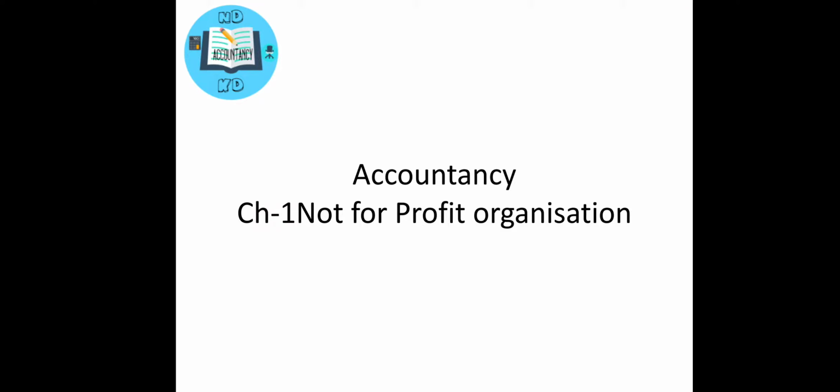Everyone, I guess you people are ready with the closing balance sheet, the opening balance sheet, and the income and expenditure account. I just want to recap that income and expenditure always includes all the revenue nature of income and expenses, while the balance sheet includes all the capital nature expenses and income. And if something outstanding or advance is there, then it will be transferred to the balance sheet.